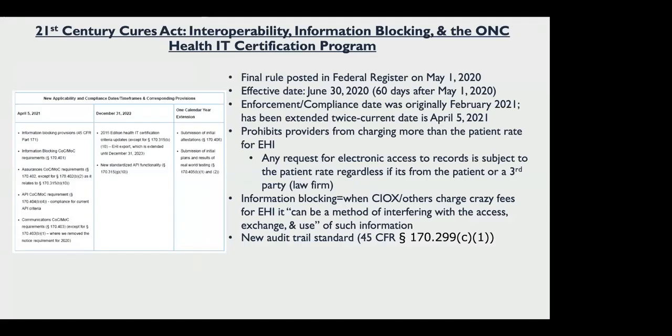Okay, so I know a lot of us have been hearing about the CARES Act, but there's another similar-sounding act called the Cures Act. This is another HHS regulation that was promulgated from their authority in the 21st Century Cures Act that's been around since 2016. So the final rule was posted in the Federal Register on May 1st with an effective date of 60